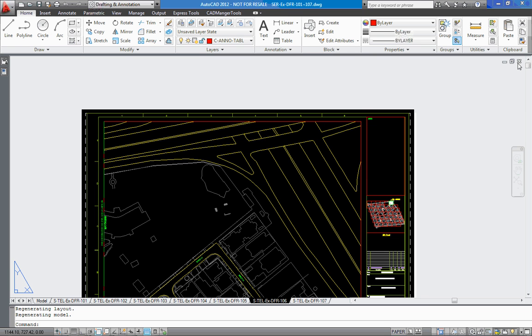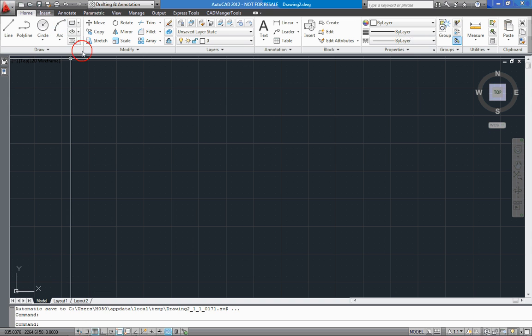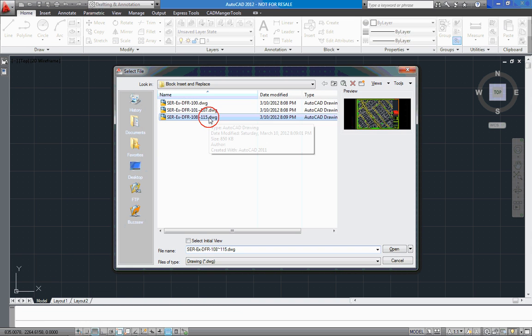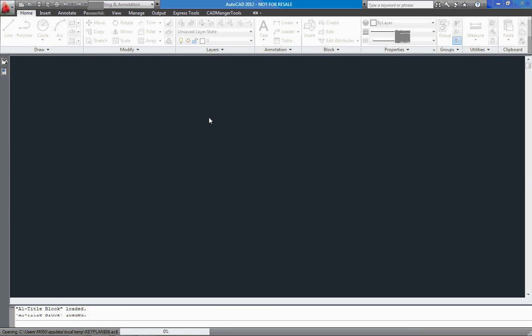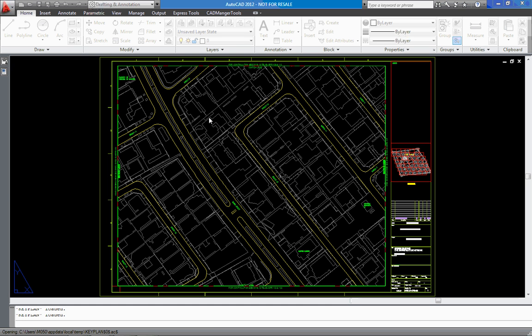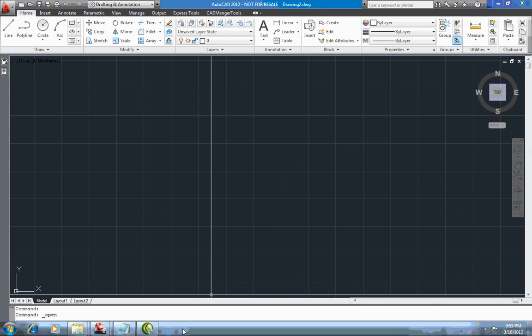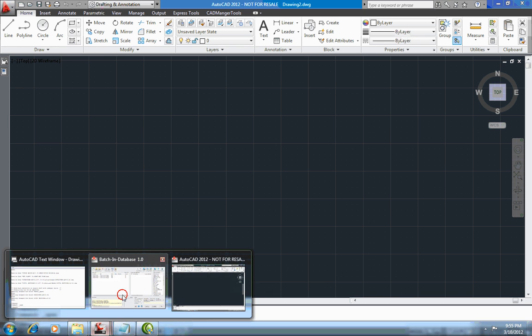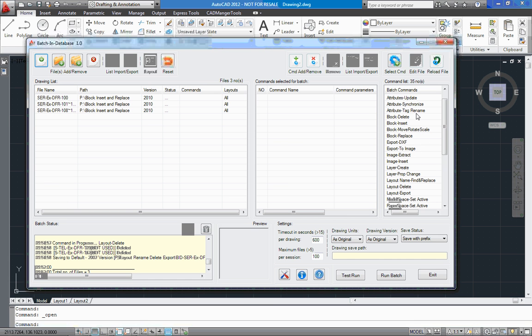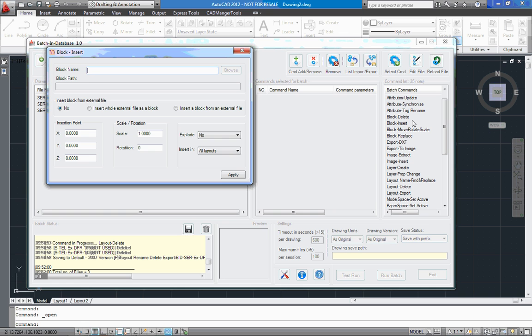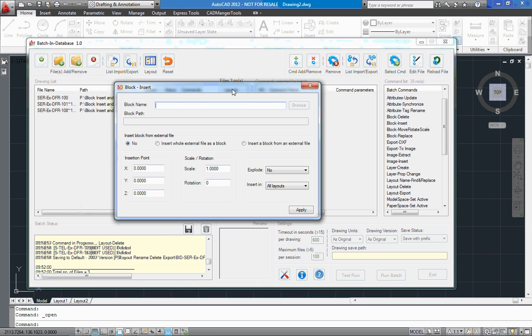Okay, now this layout, so we open. Right, in this drawing also we don't have the north arrow. Okay, let's go and add the north arrows here. Okay, block insert. Right here,